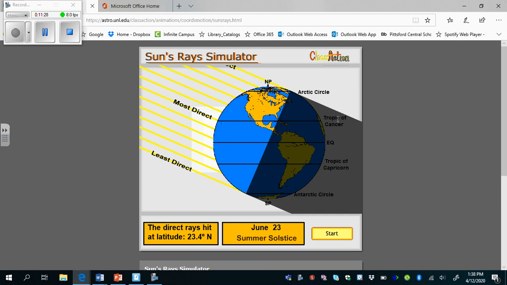So if you were at the Tropic of Cancer on June 21st at noon, the sun would be directly overhead. Notice if the Earth were to continue to rotate, the North Pole would never rotate into darkness. They would have 24 hours of daylight. Where we live, we do rotate into darkness, but these are our longest days. We have 15-hour days and 9-hour nights. Notice the southern hemisphere is mostly consumed by darkness, and the South Pole would have 24